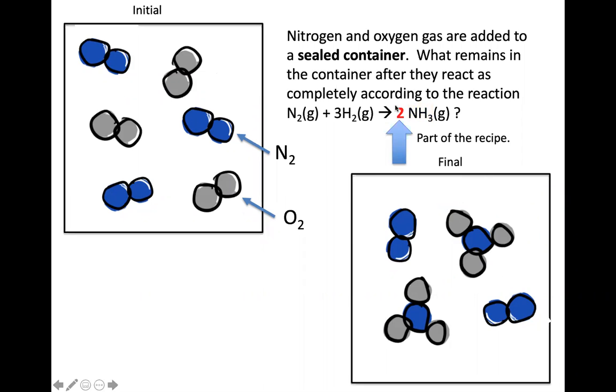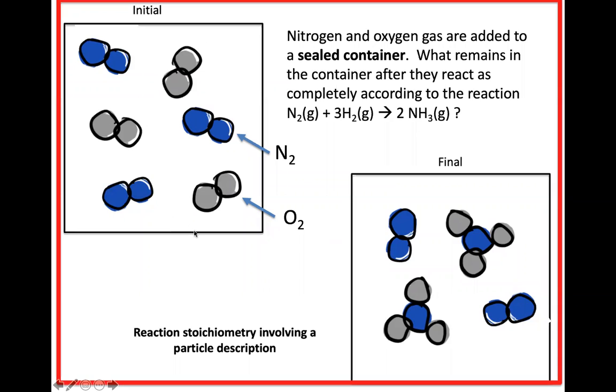This coefficient here, this is telling me just part of the recipe. We need to be careful on that part too. When I say we need to be careful, we won't always just form 2 of these here. Remember, this coefficient is not telling us literally what is in the container. It's just telling us the simplest ratio in which they combine. This idea here of seeing what do we have before and what do we have after, as a learning objective, this is looking at the reaction stoichiometry, how the reactants combine to form the products, and a particle level description. That's something that we're going to continue to practice here within chapter 3. I wanted to introduce the idea tonight, but it's something we're going to continue to practice.